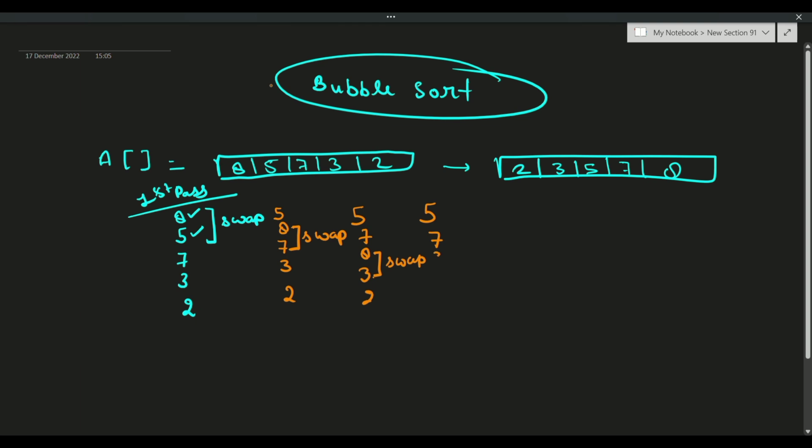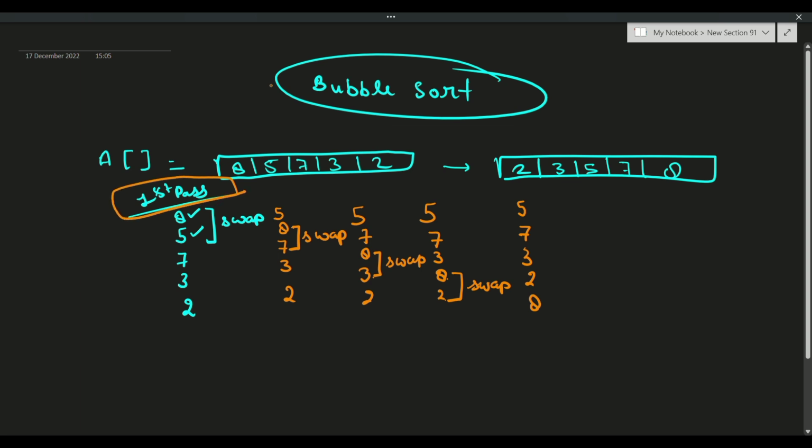Same thing, 5 7 3 8 2. We check here, if 8 is less than this, we keep it the same, but here it is not, so we swap it again: 5 7 3 2 8. So this is your first pass.